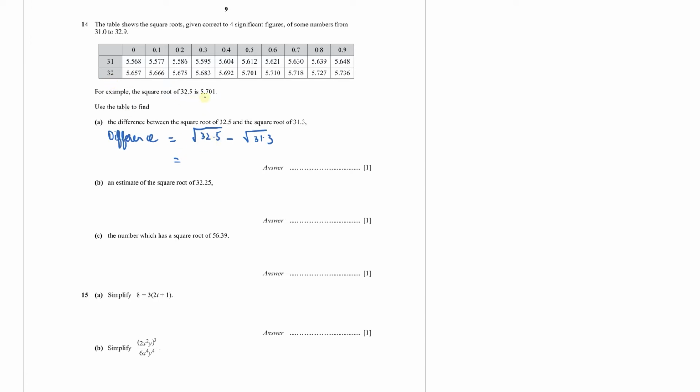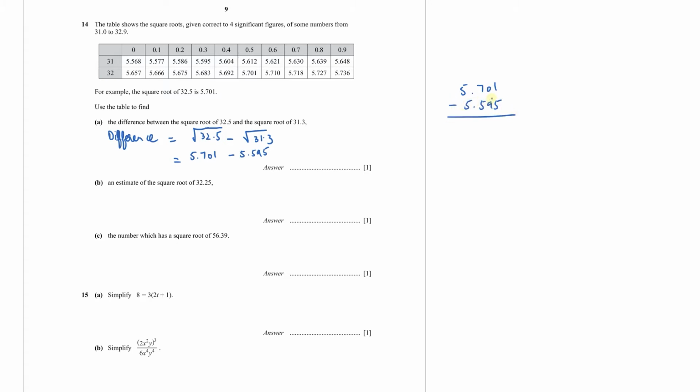The value you're already given is 5.701, and you can confirm it from the table as well. So 32 plus 0.5 is 32.5, and the square root is 5.701. So 5.701 minus the square root of 31.3. You have 31 here, and 31.3 is this one, which is 5.595. So 5.701 minus